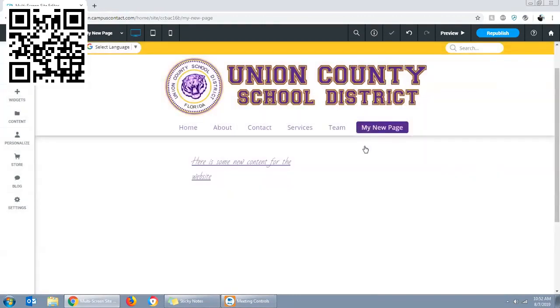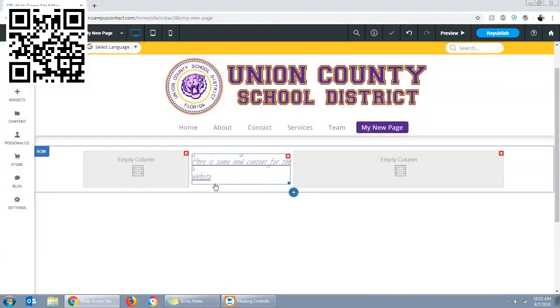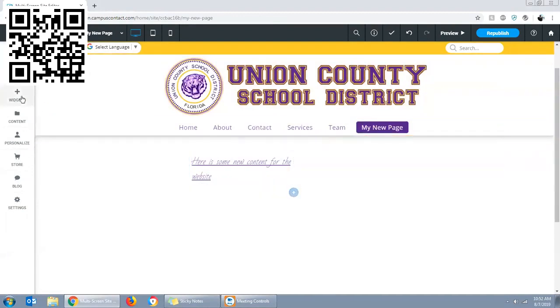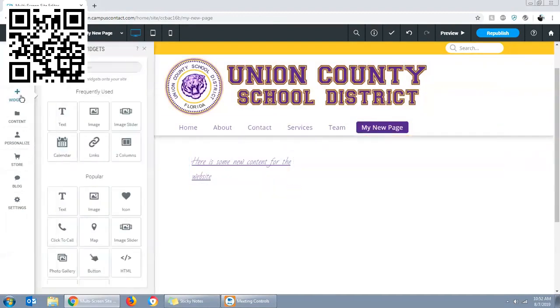And when you're done, just click close, and it's automatically saved. So no more of that page refreshing stuff. Let's go add another widget. As I mentioned the widgets earlier, we can add widgets from here, and we can just drag them out